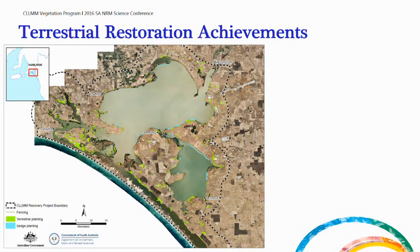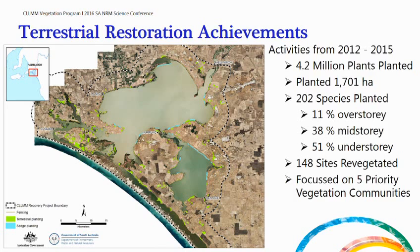So what have we achieved in the last 5 years? Since 2012, we've planted more than 4.2 million native plants. We've got a winter planting season coming up, and we have one more summer planting season for Schoenoplectus validus, which will bring that total to more than 5 million plants in 5 years. We've planted over 1,700 hectares, more than 200 species of plant, the majority of which are